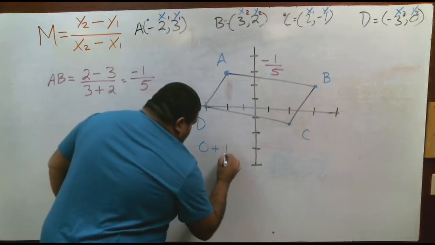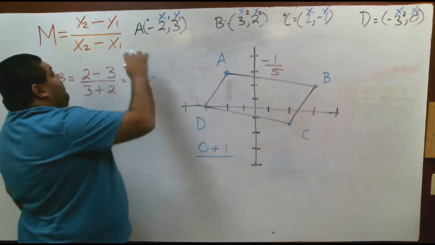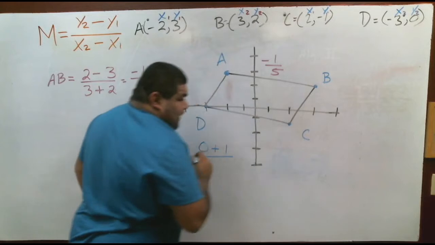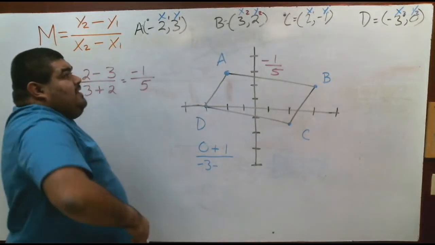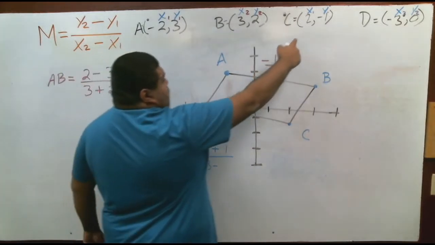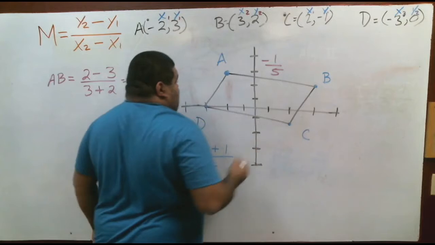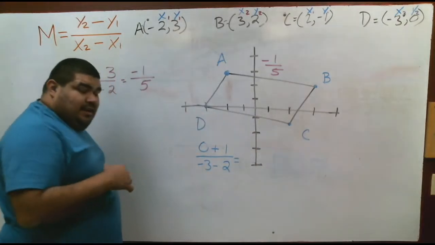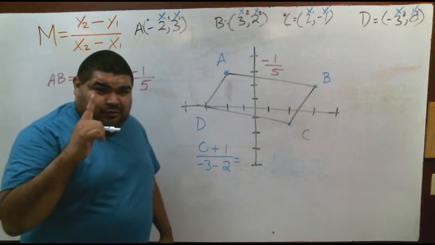So plus 1 over, again, we have x2, which in this case is negative 3, because we're using D as 2, negative 3 minus 2, right? Because remember, x1 is 2 in this case. So equals, again, 0 plus 1, it's just 1,